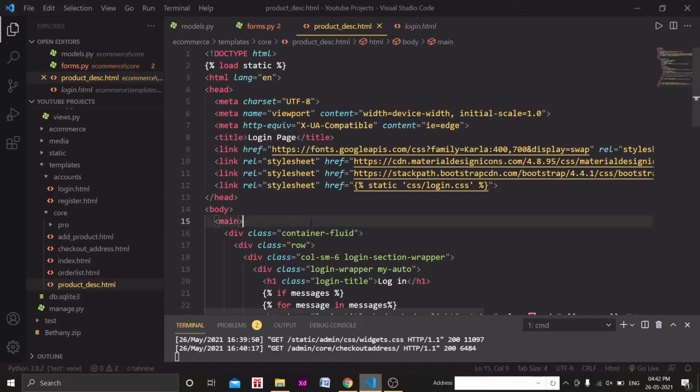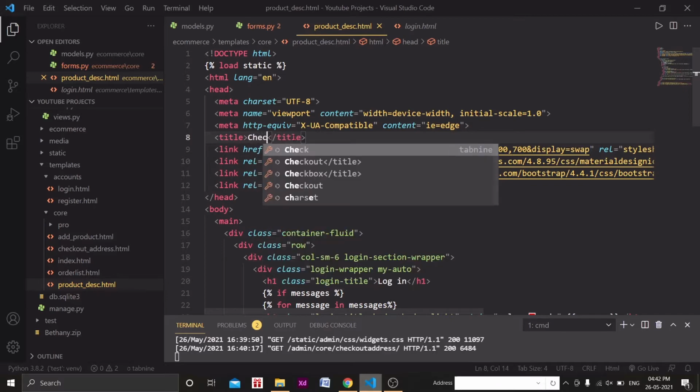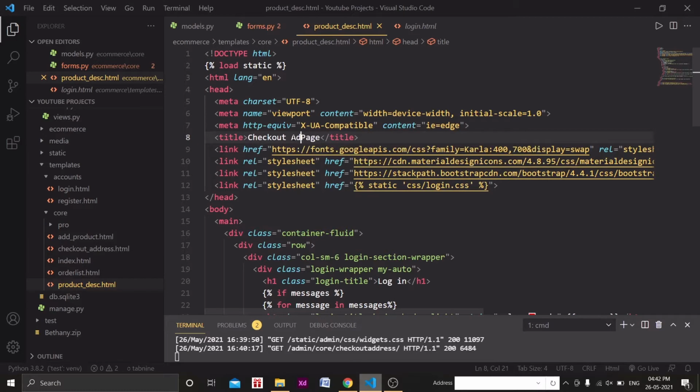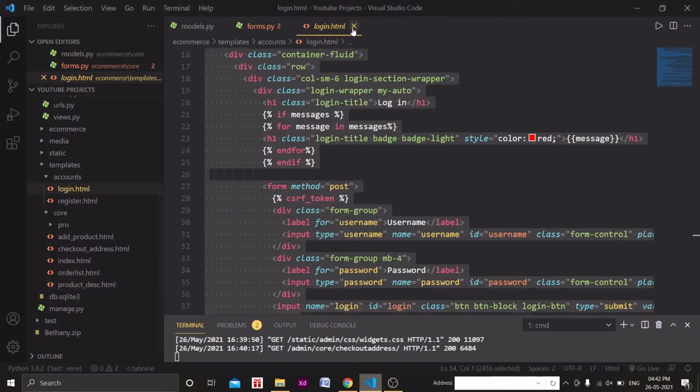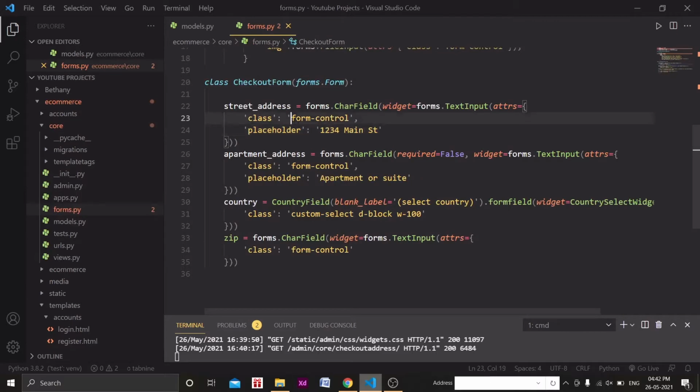I am just copying this and naming it checkout address page. We can see these things later on, so let's close this one for now. That's why I have given this form-control.